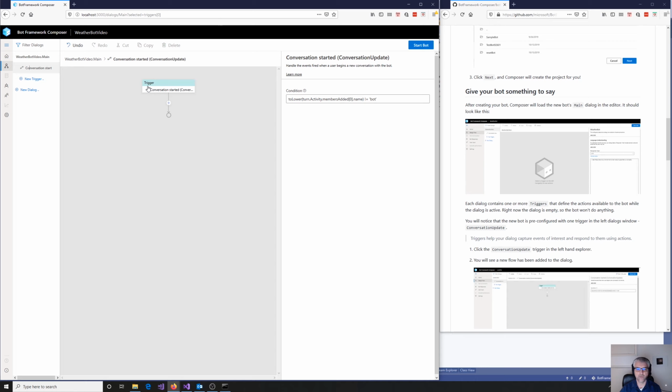And this has a concept of triggers. So this is just like an event trigger. Something happens, and then you start to use a visual designer to tell it what to do when it has that trigger. And you'll see more about this as you use adaptive dialogues more often. But for now, it's very simple. It's just the same kind of trigger that we used to in the bot, where we got a conversation starting. So the thing to note in here is this is our conversation start, and it's already got this concept of a sort of dynamic script in here. So we've got basically a sort of JavaScript